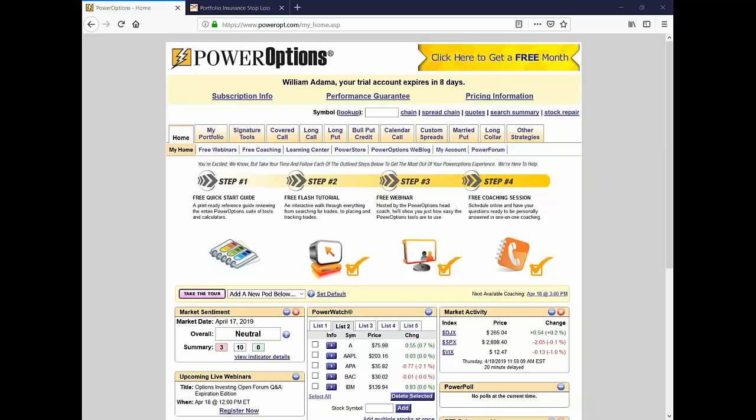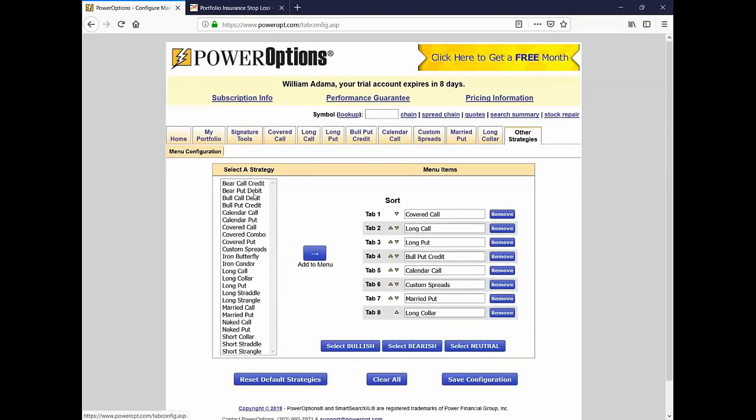Great question, fair question as well. So as you see here up at the top on PowerOptions, I have a variety of different strategies selected: covered call, long call, bull put credit spread, calendar call, and more. If you don't see a strategy that you want, well, it's probably there. Let's just click on the Other Strategies tab, and you can pick and choose which strategy tabs you want available